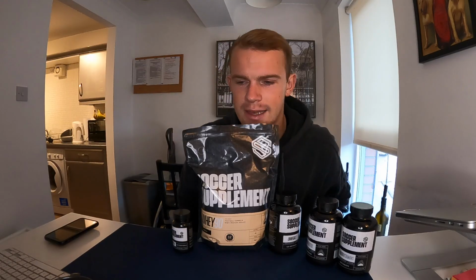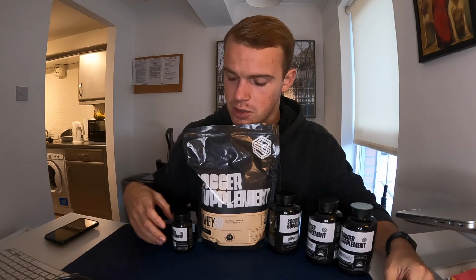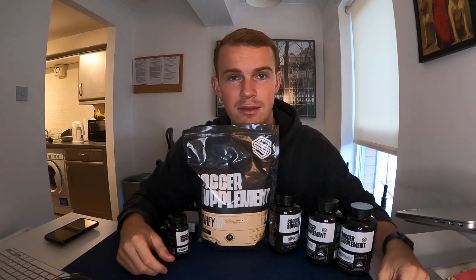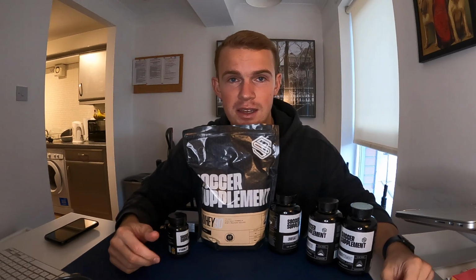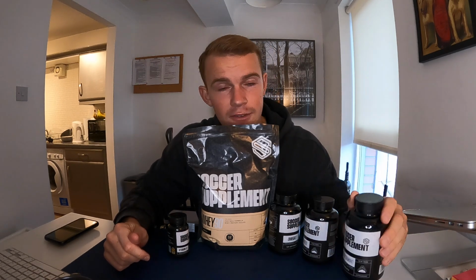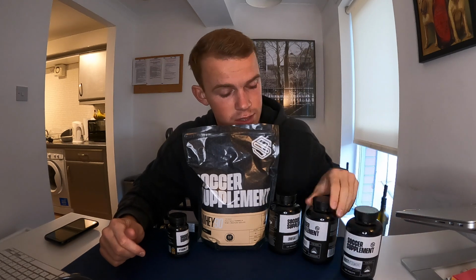Here we go, my supplement stash. And let me be fully honest with you, okay? I'm going to be fully transparent. I got this stuff for free, so that's the reason why I'm taking all of it. Would I take it all normally? Probably not. So, the things that I would definitely take normally are multivitamins,